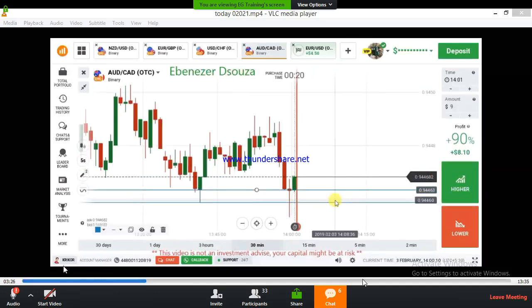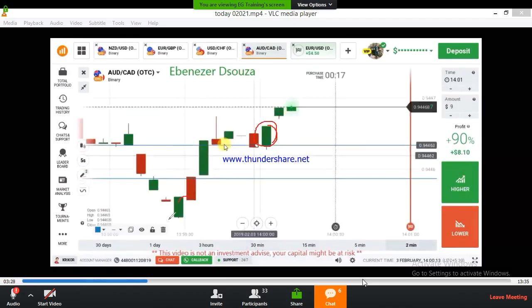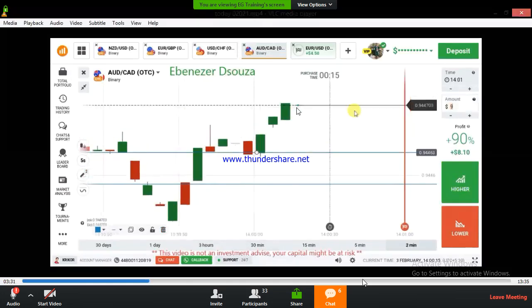Okay, there is a confirmation candle in the present minute. Already we are seeing some buyer's entries in the previous minute. It means buyers are interested in the market. And this is a good confirmation candle. But the market is above the confirmation candle, so it will be a late entry. If I place my trade here, it will be a late entry. That's why I didn't place my trade here.